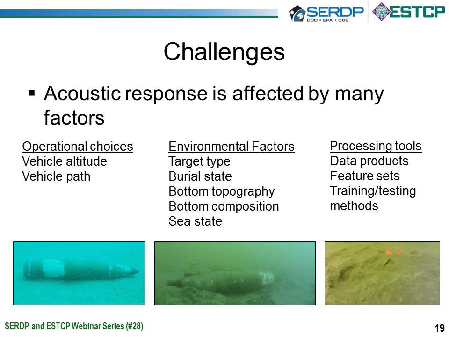When you acquire some raw data, what processing are you going to do to create a data product? How are you going to extract the relevant information from those data products? And how are you going to train these algorithms that are going to be able to tell you, yes, I think that's a target, or no, I think that's just a clutter item?